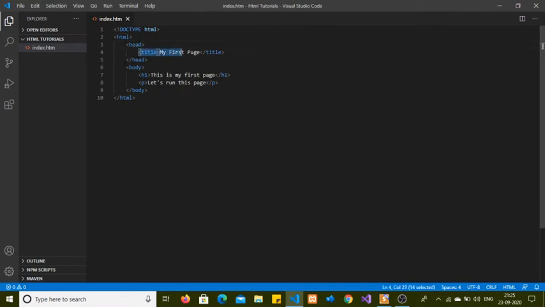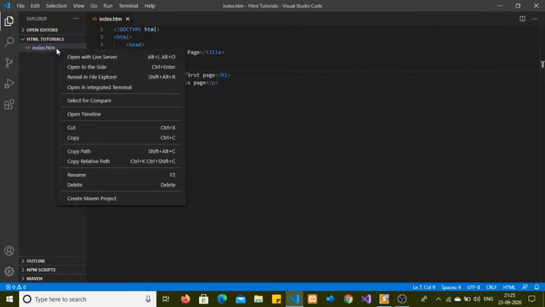Inside the head section I mentioned the title tag. It will appear in the title bar of the page, and inside the body tag I created these two elements. One is the h1 tag and another is the paragraph tag. Let's run this code in the live server.